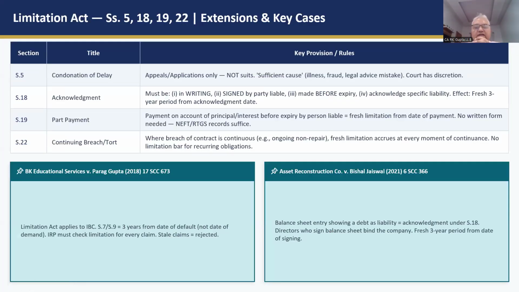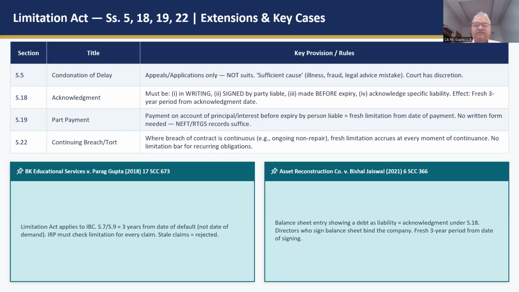Section 5. What are the important sections? Section 5 talks of condonation of delay. It says that this section applies to appeals and applications only and not suits. If you are not able to file the application or the appeal in time, then you can apply for condonation of delay